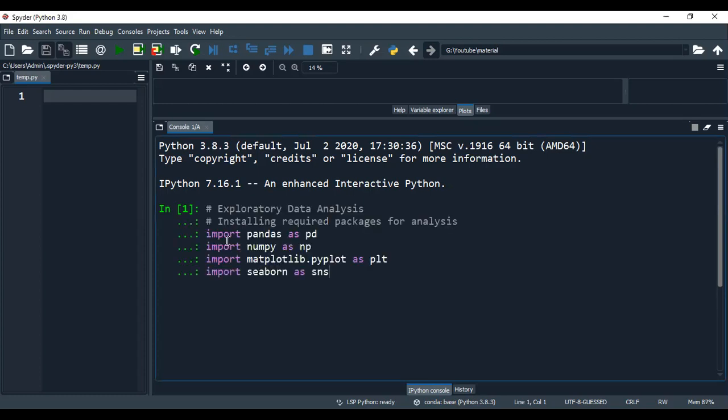To start with, let me install all the required packages for the analysis. First of all, I am importing pandas as pd, then importing numpy as np, and for data visualization purposes, I am using two packages, namely matplotlib and seaborn.